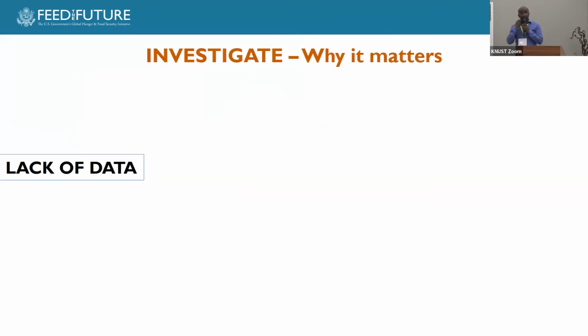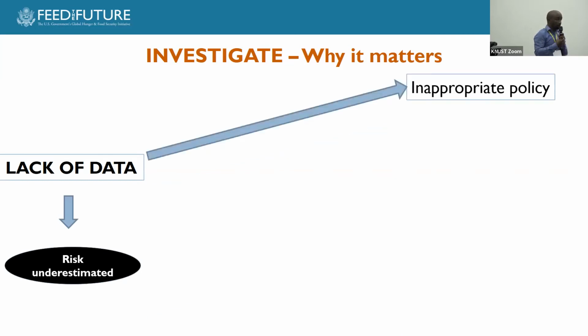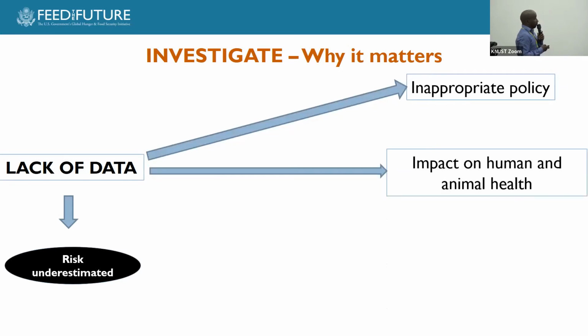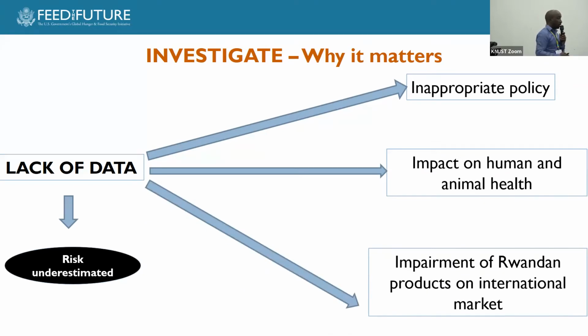So why this study? When we submitted this proposal, there was no study where you could find this kind of information, the level of contamination. If you don't have data, it means that maybe you're underestimating the risk. This will lead to inappropriate policy or actions that you may take, impacting humans and animals, but also sometimes impairing products on the international market. Recently, this was the case last year between Uganda and Tanzania in terms of trading